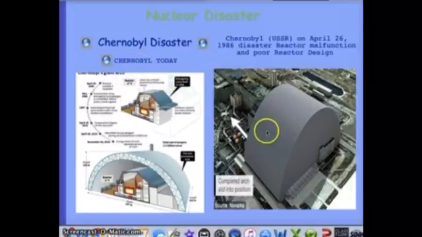Chernobyl today looks like this. This is a dome that was built, and this diagram shows you that the dome, which is made of steel and concrete, is there because the radiation that's being emitted cannot be controlled, and they have to contain it. So that's basically what they're doing. This is the second dome that's built, because the first dome, due to excessive amounts of radiation, basically deteriorated, and a new dome had to be built, or else the radiation was going to be emitted.